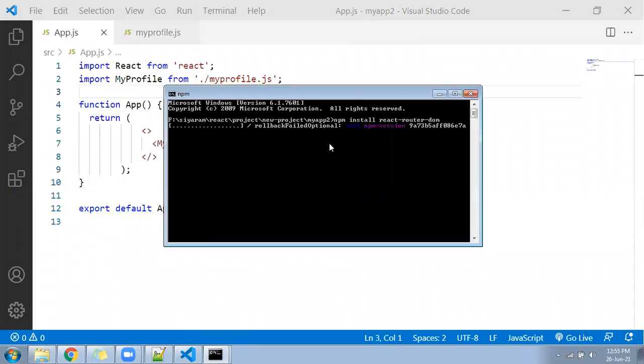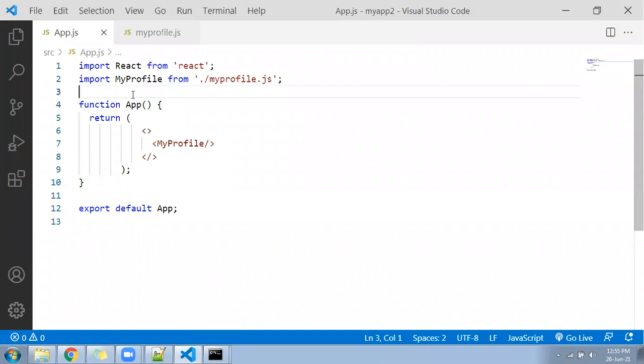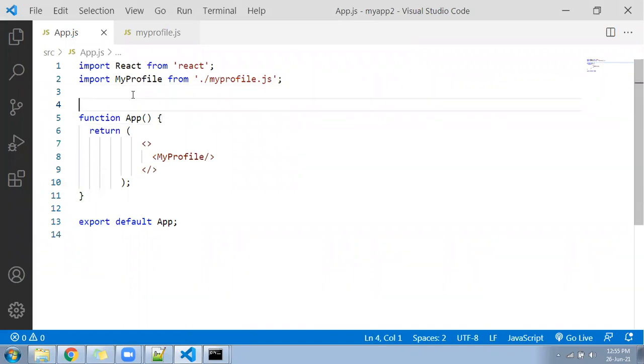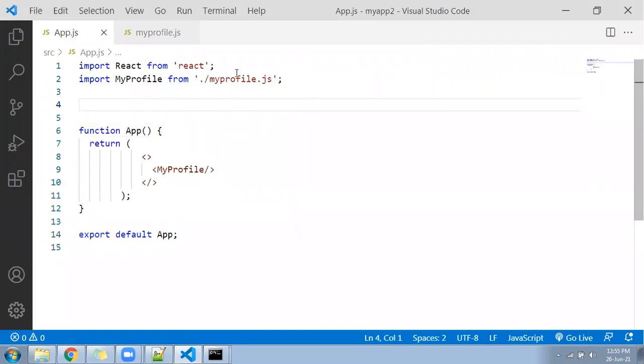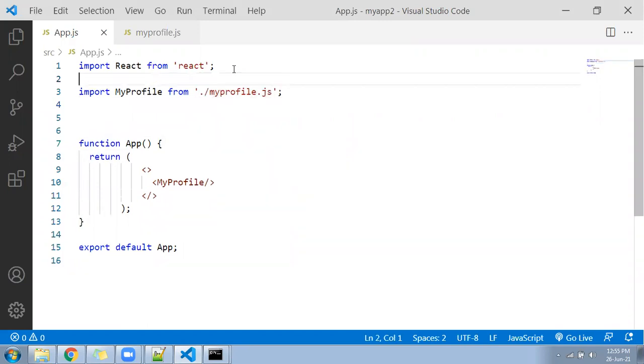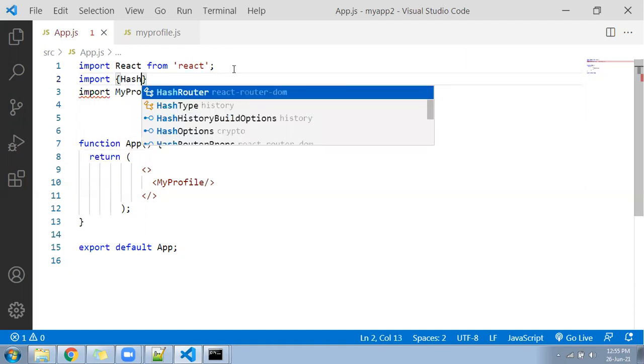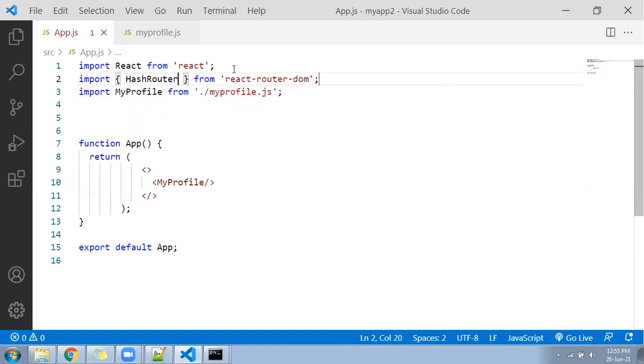Okay. Meanwhile, I will come here and I'll start writing. I'll write here import HashRouter, Route from react-router-dom. So what I did, my installation is going on.